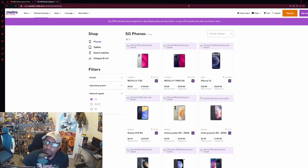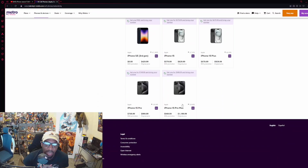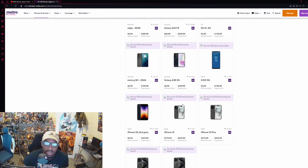All right, so now that we got the boring part out of the way, we have the phone scenarios. So right here, you have all the 5G phones. Now, there are more phones in this, apparently. I guess there's some that are 4G LTE. But to be honest with you, if you're a new customer or if you're porting to Metro, not an existing customer,